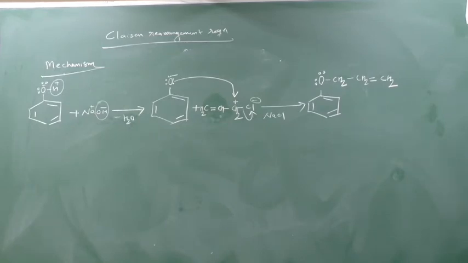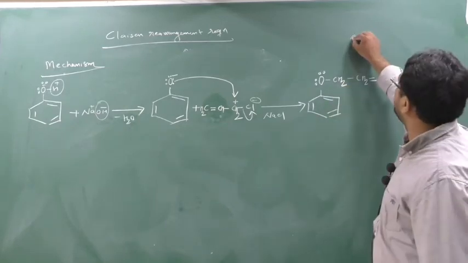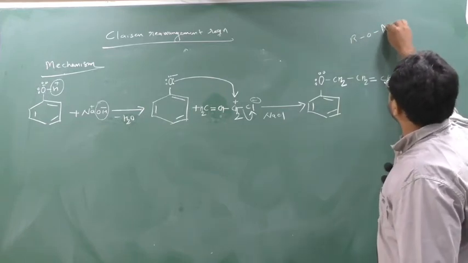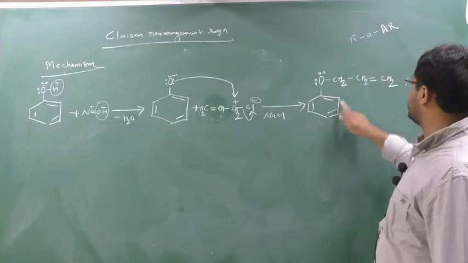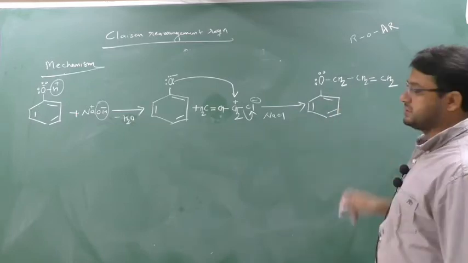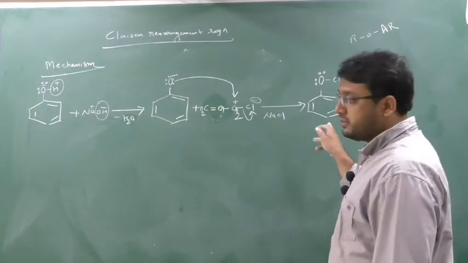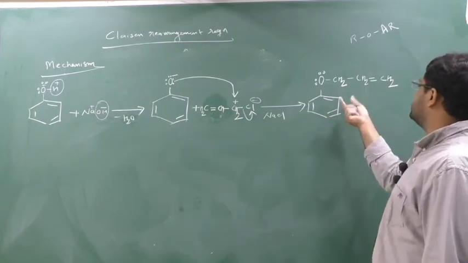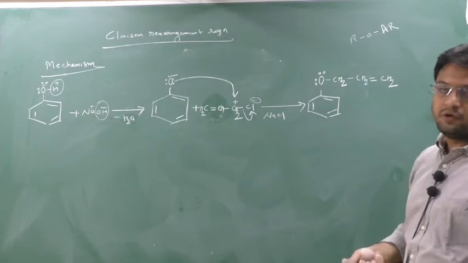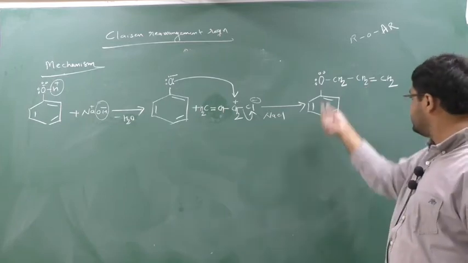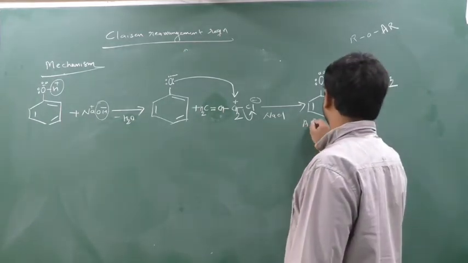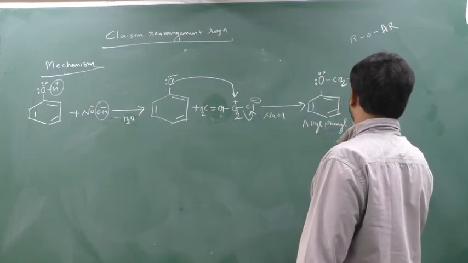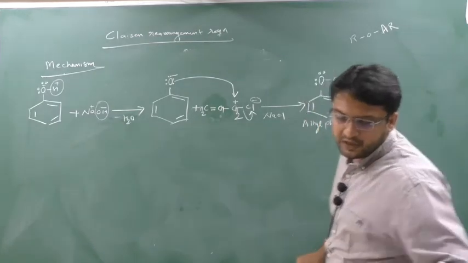Now what is the name of this? See, this is an ether, ROR, or AR. Yes or no? This is nothing but your ether. This is Ar, this is R, and this is O. So ether generation will take place in the mechanism. What is the name of this? This is allyl, and this is phenyl. According to the ABCD rule, A should come first. So this is allyl phenyl ether. Clear?